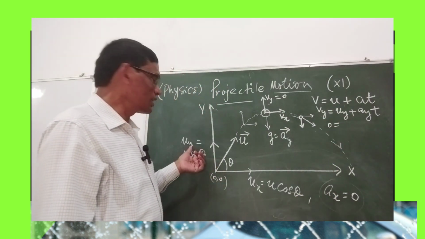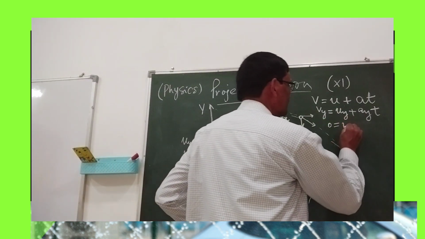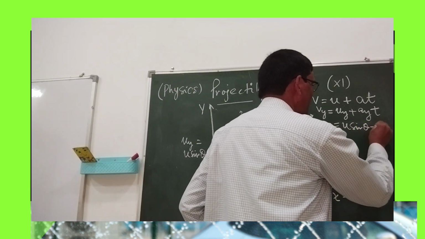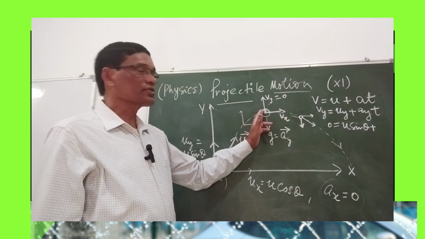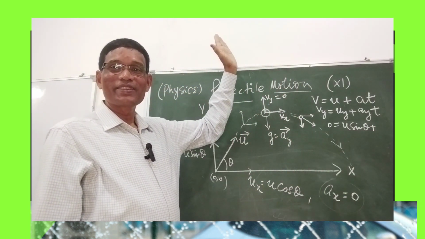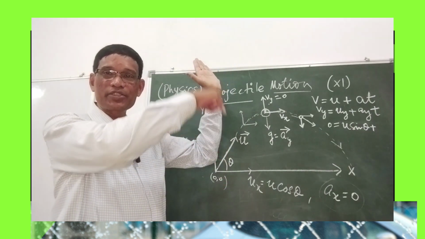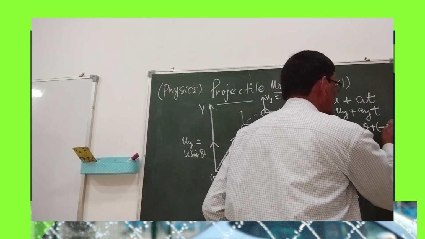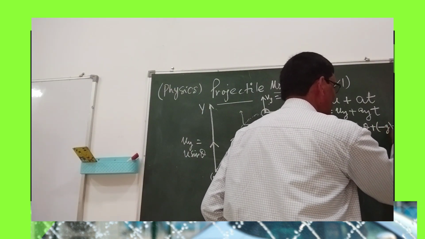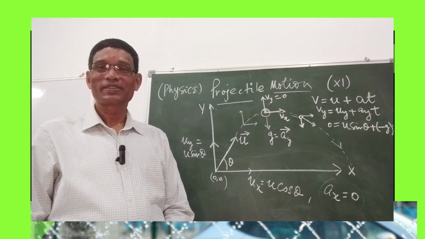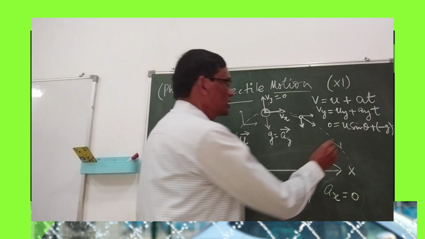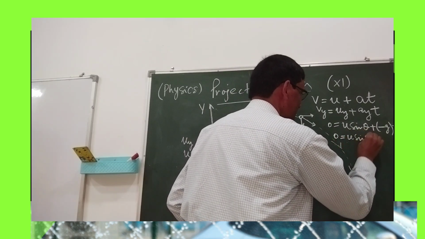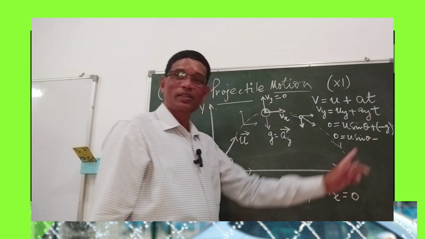And you write Uy. What is Uy? It is your U sin theta. And plus Ay, the acceleration along the y component, is now the acceleration due to gravity which is acting vertically downward. So I will be writing this as minus g into t. That means 0 can be written as u sin theta minus g